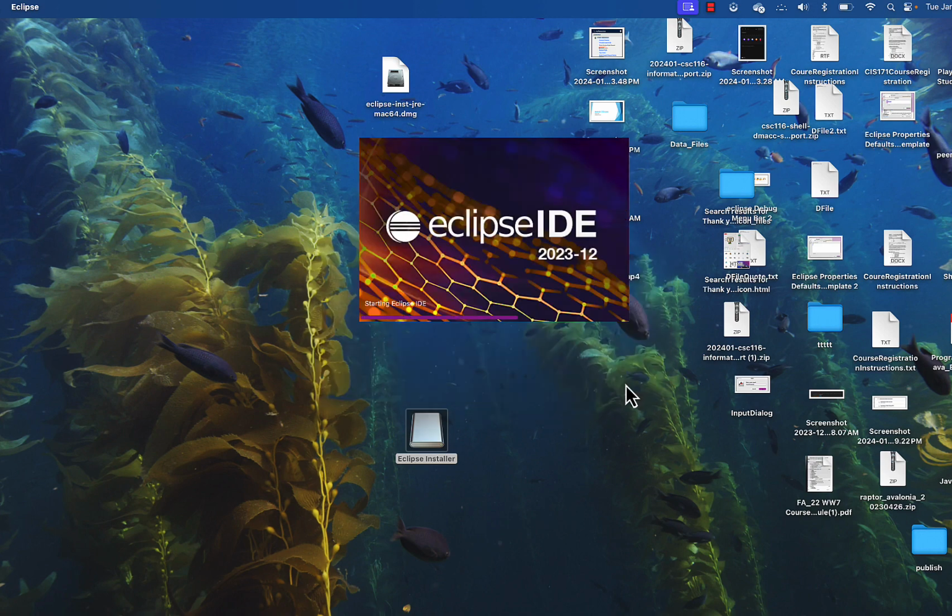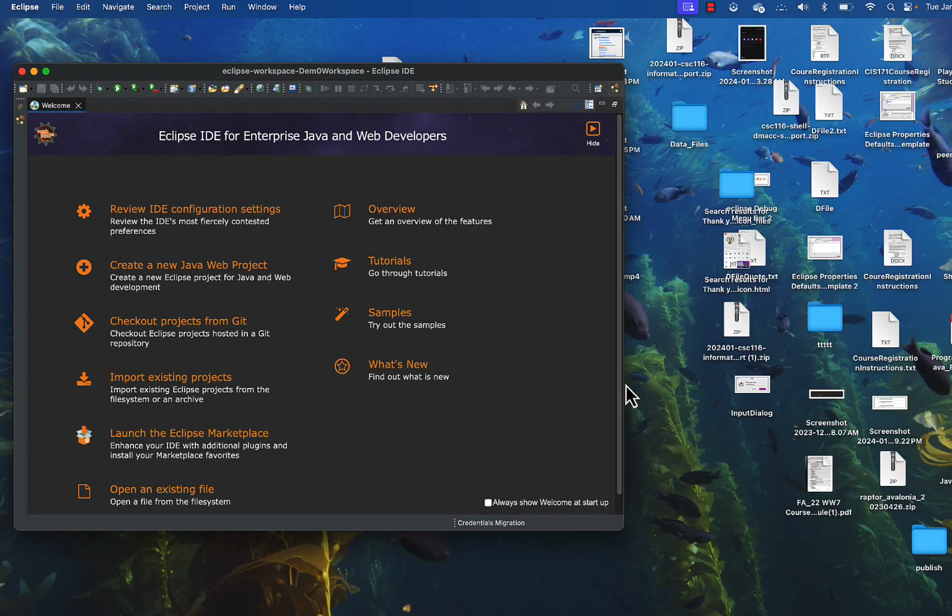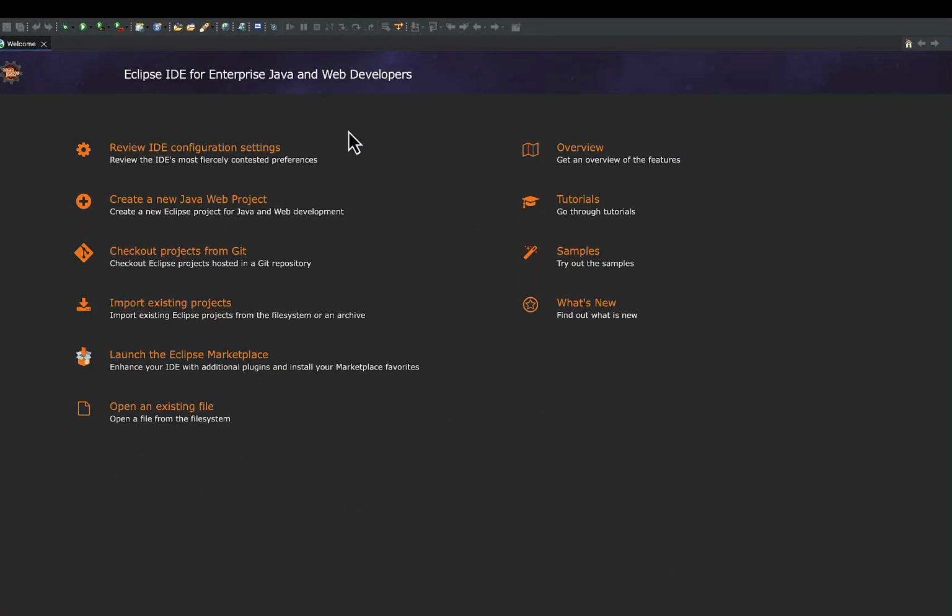This is what your screen looks like when it launches. It automatically opens up in the welcome screen, and on that welcome screen, you can choose always show welcome at startup or deselect that. We can close the welcome,